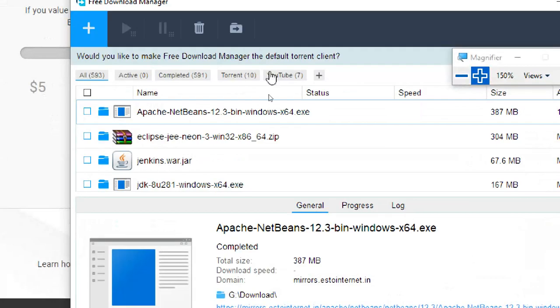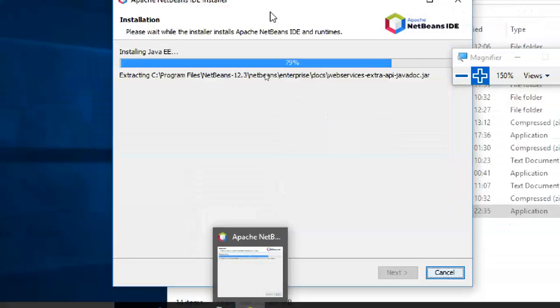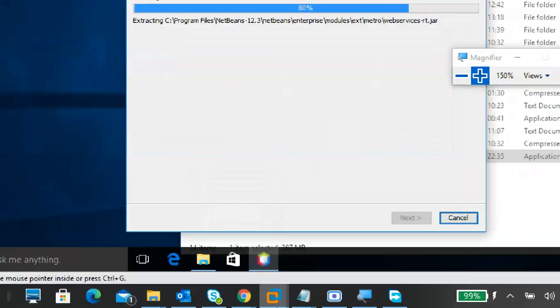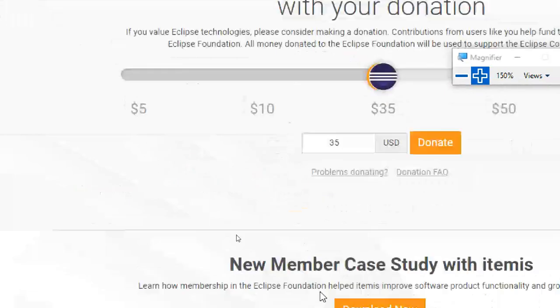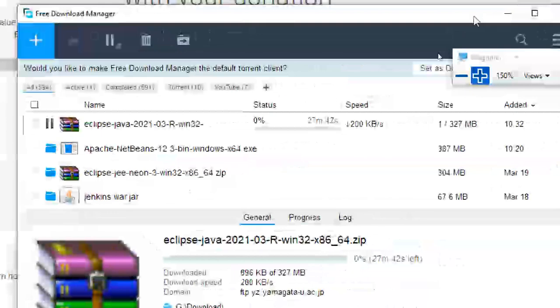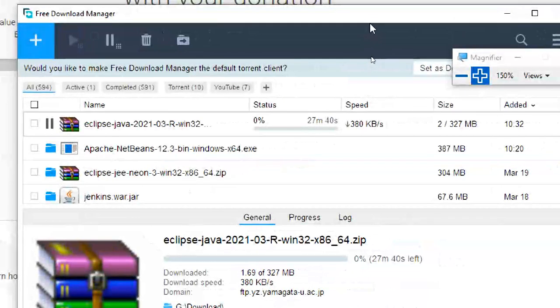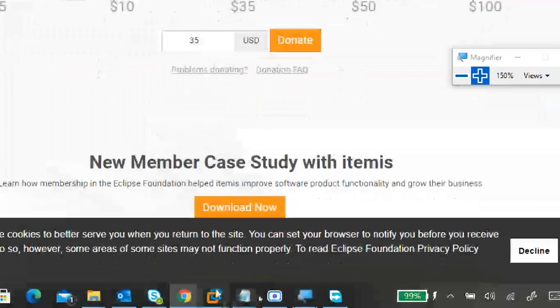Again, it is a zip file. It takes time. Yeah, it's a 79 version. I will just show you the download only, where it is. It's downloading, but it is a zip file, and if you extract it, it will take a lot of time to do it.